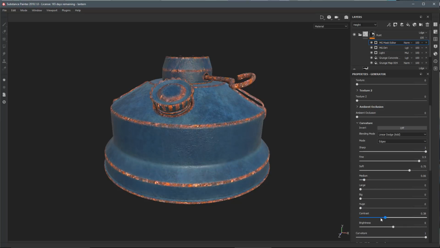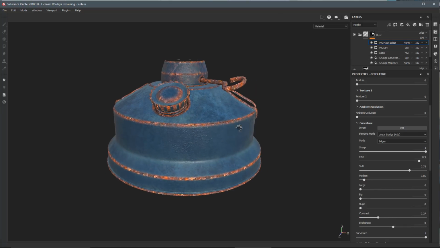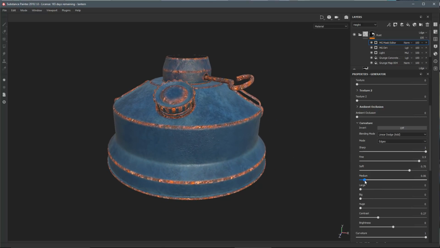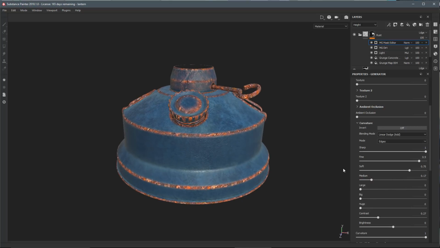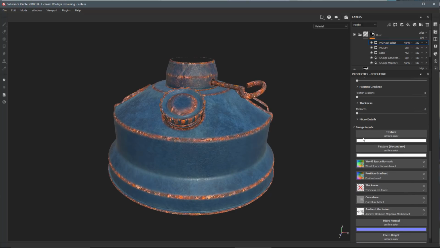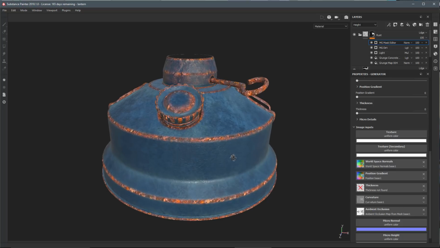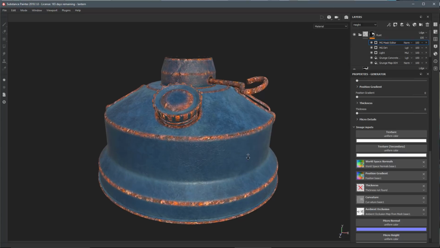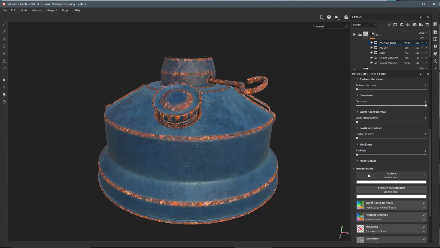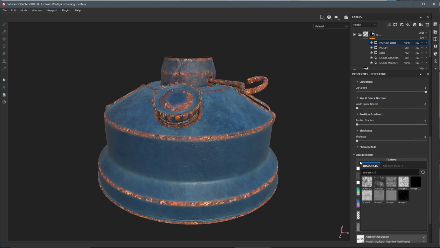I'm going to increase my contrast, and here we go. So now I just have the rust just right on the edges like this. And again, I might play around with this medium value just a little bit. All right, and we can always come back and tweak this later on if we need to. Here, let's close up the curvature, and let's start to use our image inputs here for our texture and the secondary texture to kind of eat into this edge, because right now it's just really clean, perfect edge here based on our curvature map. So let's come over here to our image inputs,